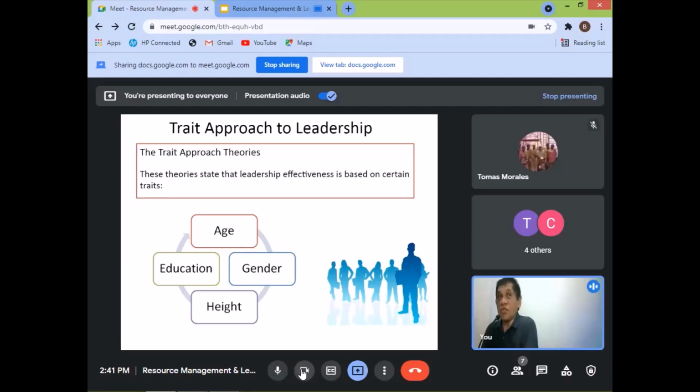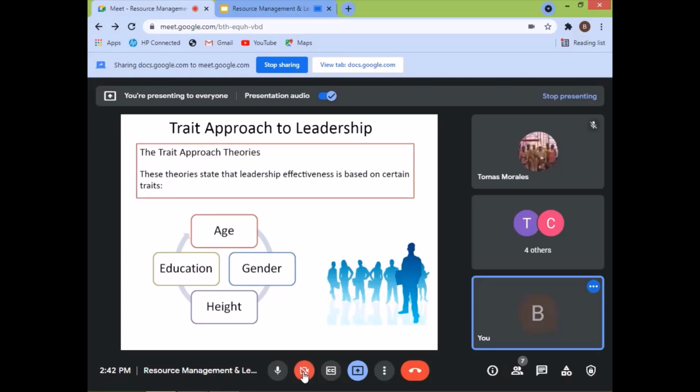The trait approach to leadership. The theory is that leadership effectiveness is based on certain traits. Traits in terms of age, in terms of gender, in terms of height, in terms of education. People are hiring more mature people, especially in the managerial and executive positions, because of their technical know-how, their skills, their management breadth, in terms of their problem-solving skills, in terms of their analytical skills,